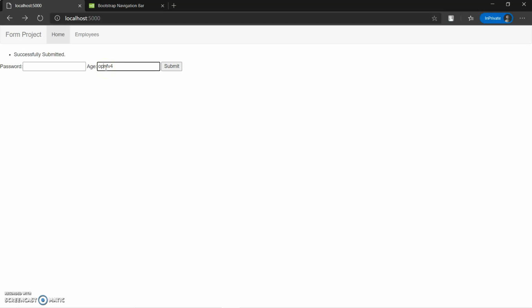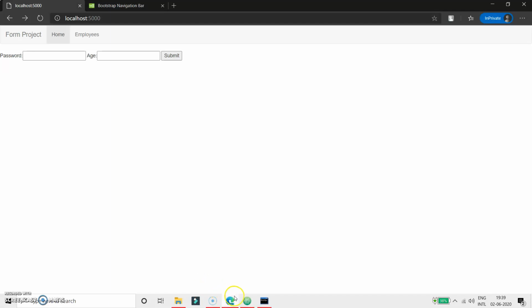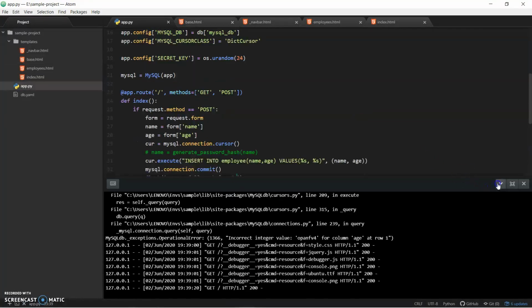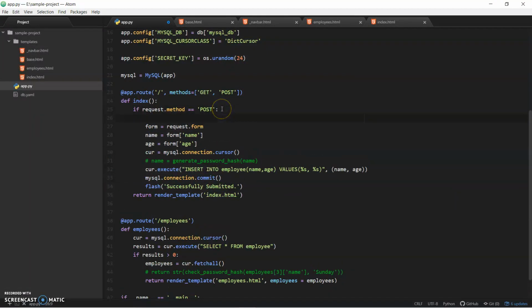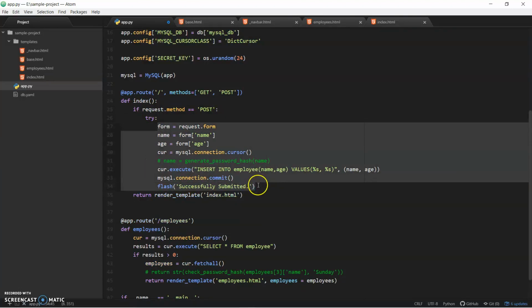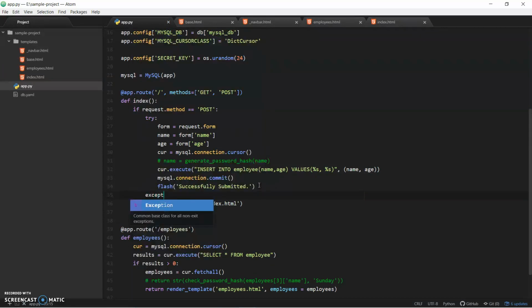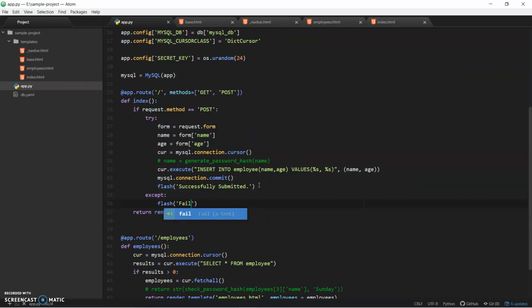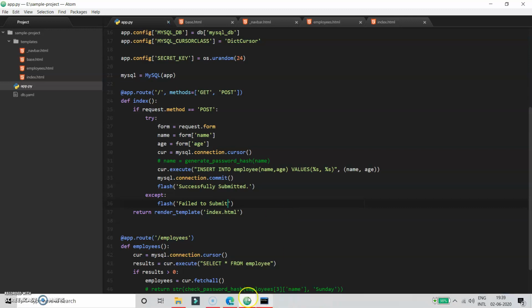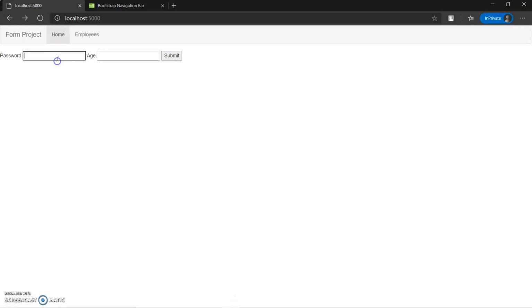For that, get back to our code and go to the application. Put this entire thing inside a try block. So come down here, try, and put this entire thing. Yeah, and here we're going to say except and say flash "failed to submit". Now save this, come back to your application, just say something. Yeah, now if you submit it,